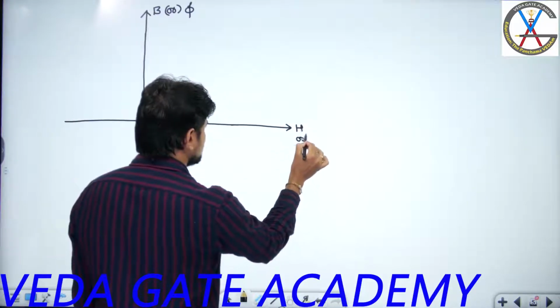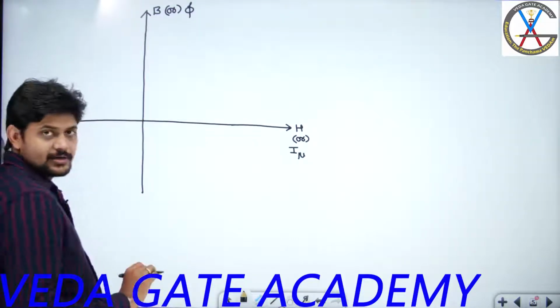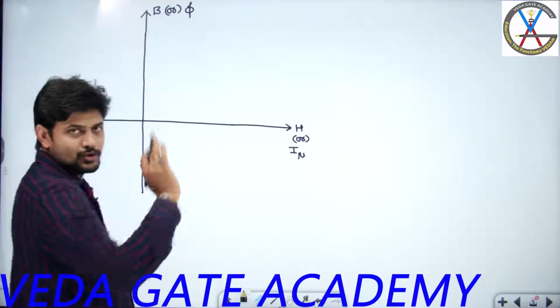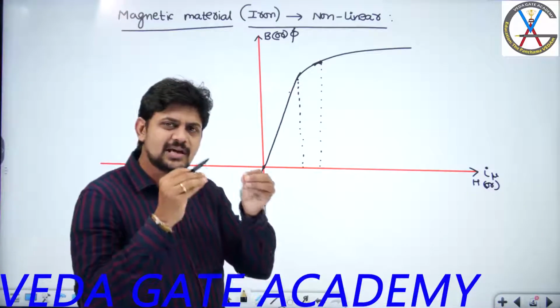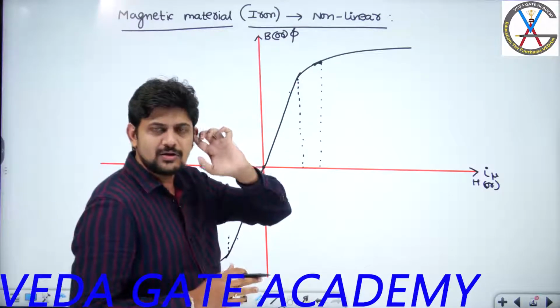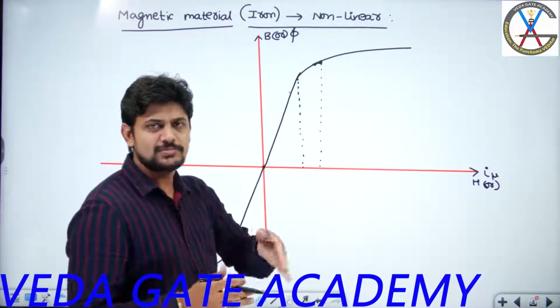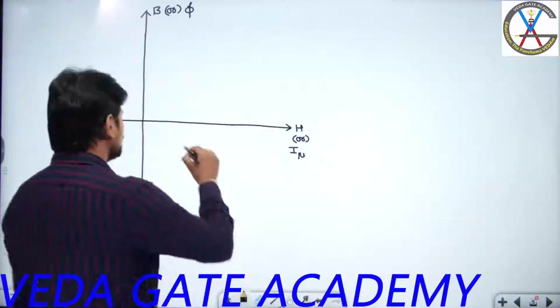This is the HR I mu. Okay. So I will try to consider a two-valued function. That means only two slopes I am going to consider. Whereas in a practical curve, everywhere you will have a different slope. So analyzing the different slopes of the given curve will be very difficult. That is the reason I am considering a two-valued function.